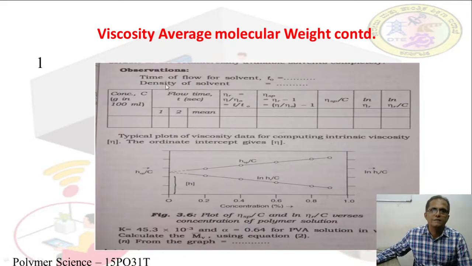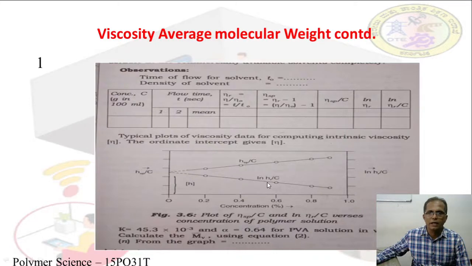The experimental observation part is shown here. The concentration, flow times 1 and 2, and the mean we have to take. Eta r is calculated, eta specific you have to tabulate, eta specific by concentration you have to tabulate, ln of eta r you have to tabulate, ln of eta r by c you have to tabulate, and a graph is plotted, concentration versus eta specific by concentration, and also one more graph on the same graph sheet is drawn,